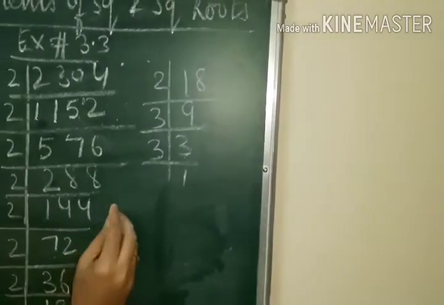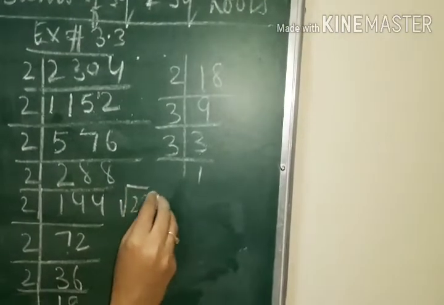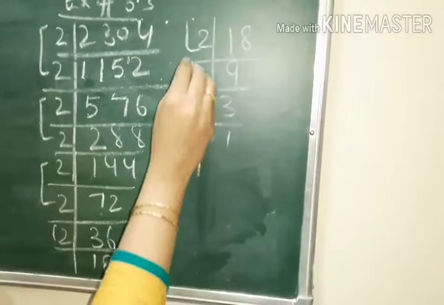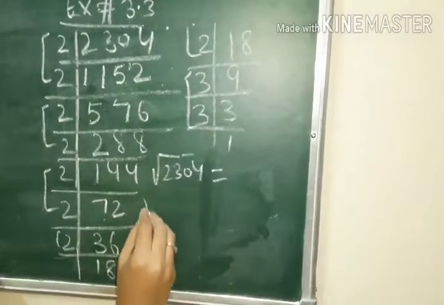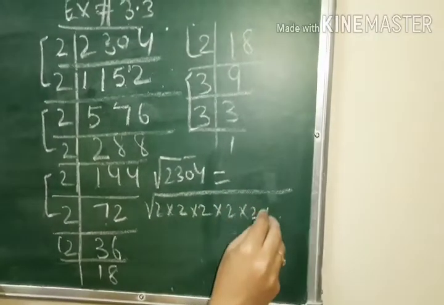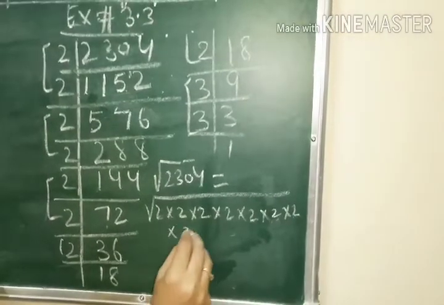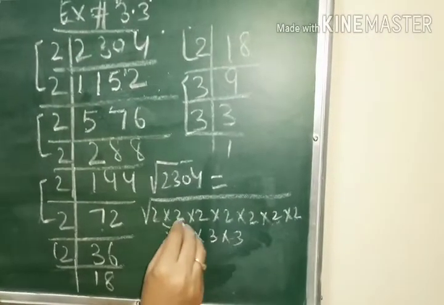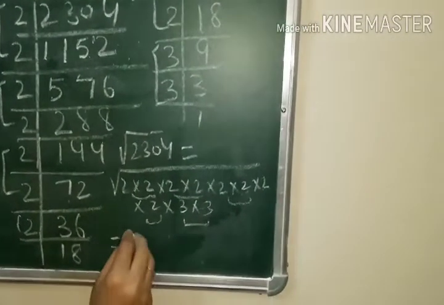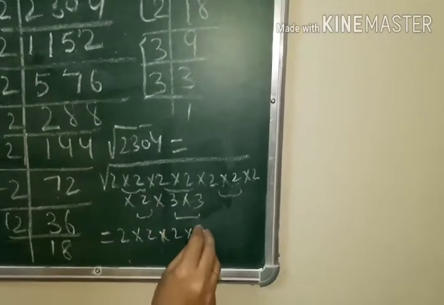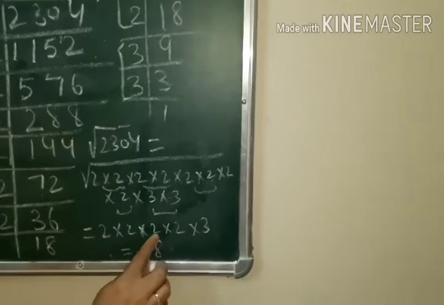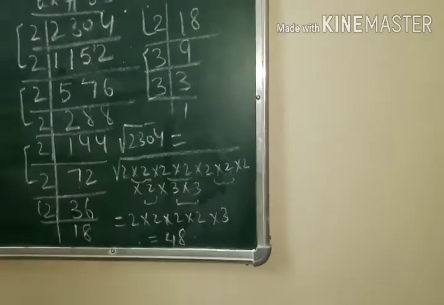So you will write 2,304 is equal to, make the pairs. Then this 2 will also have a pair, and 3. So you will write 2 eight times and then 3 into 3. So there are 4 pairs of 2 and 1 pair of 3. So it will be 2 into 2 into 2 into 2 into 3, which is 48. 2 2s are 4, 4 2s are 8, 8 2s are 16, 16 3s are 48.